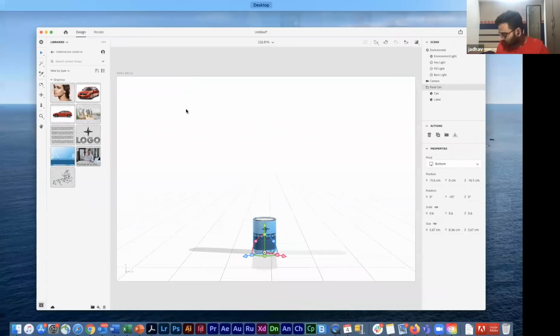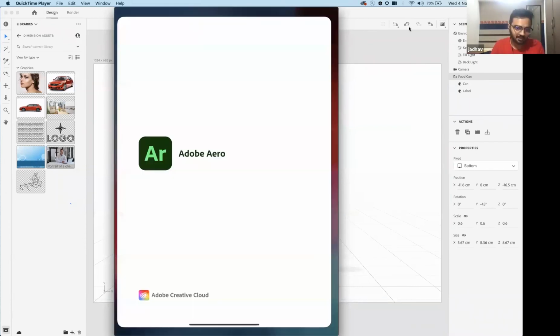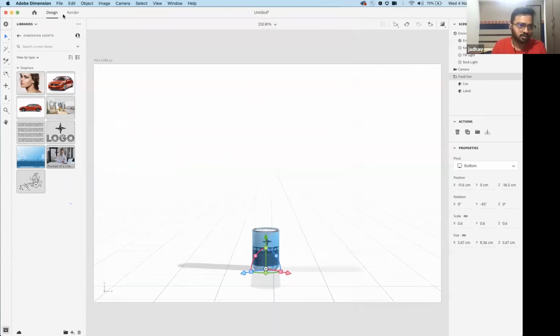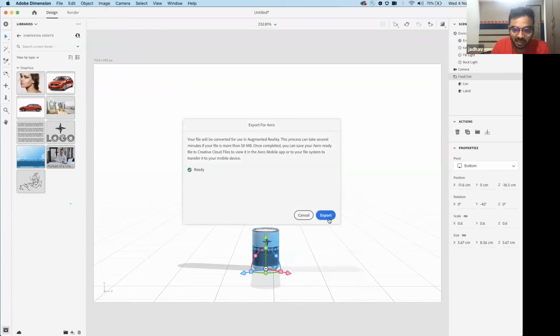Yeah, this is my iPad application. I can click on Aero. Okay, by the time Aero comes up, let me export this for Aero. So I'll come to File, Export, select it for Aero, and it's getting processed. I click on Export. I click on Can. Click on Save. It's getting saved on my Creative Cloud files.